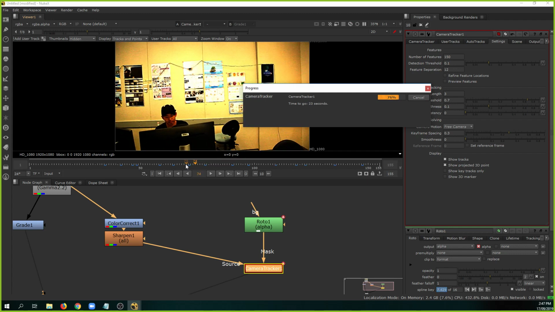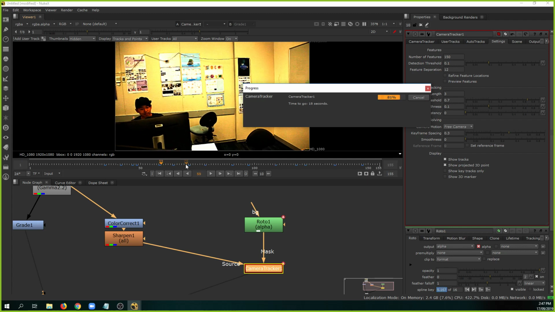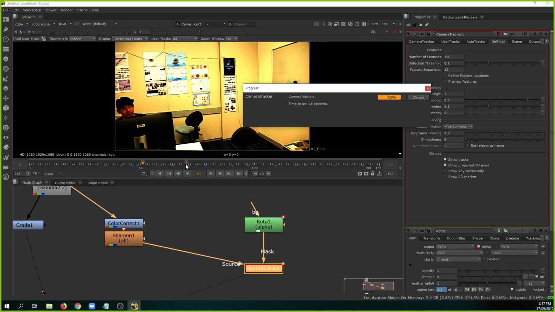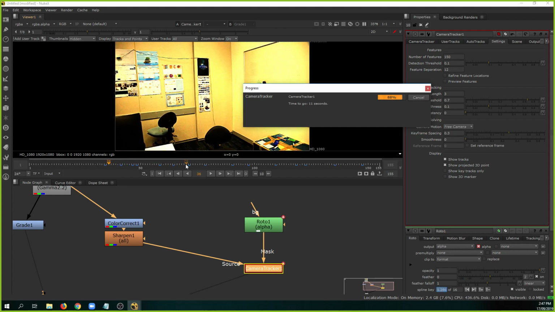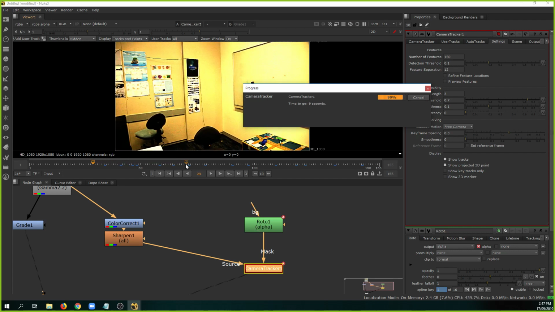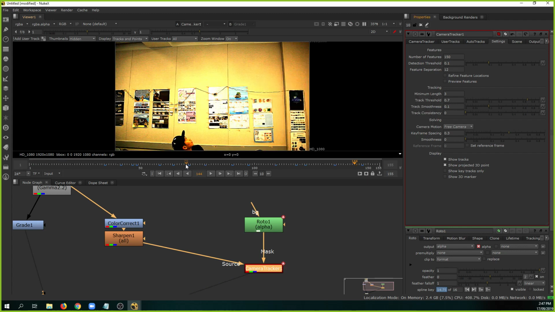Not just me, many visual effects artists use it as a legitimate tracking application for tracking shots. Sometimes they prefer this over PFTrack or SynthEyes. Well, of course, over there you are dedicated to tracking, but here sometimes you just say, oh, this is a simple shot, I just do it in